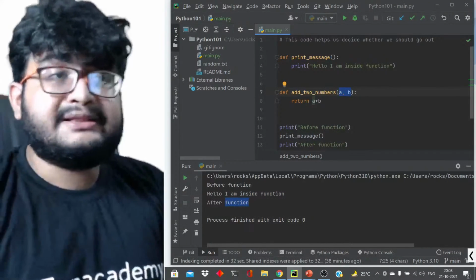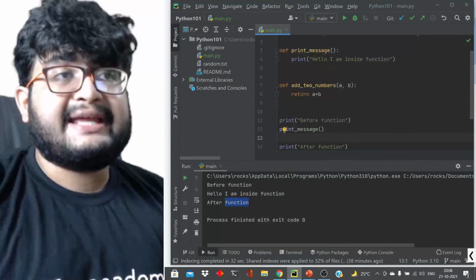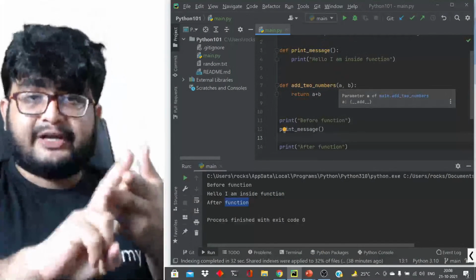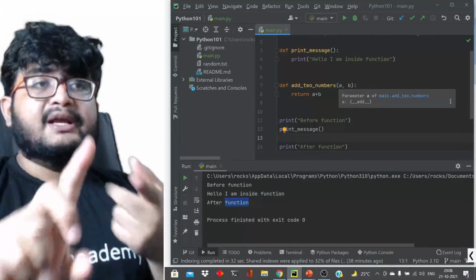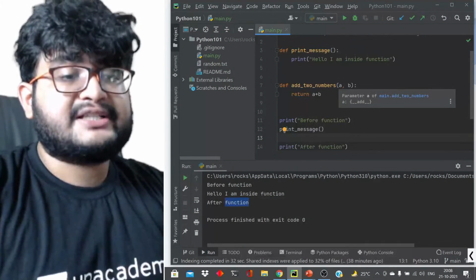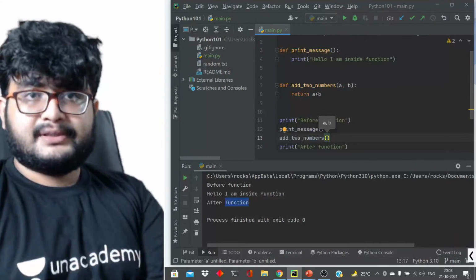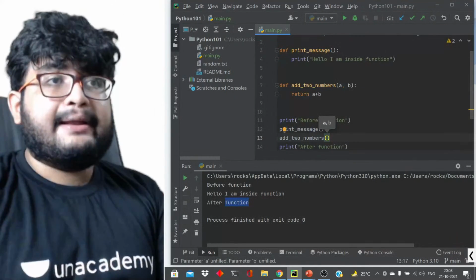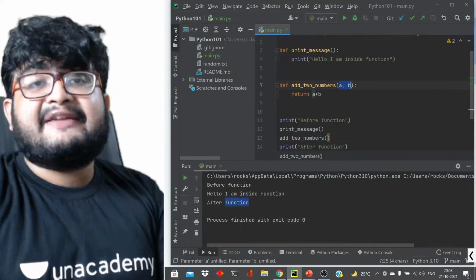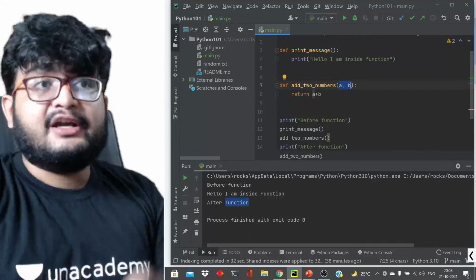Now how to call functions like this? This function expects two inputs. We have already told it has two parameters, A, B, so it is expecting two inputs. Whenever we call such functions, like add two numbers, we have to pass in arguments. Parameters are what is there in the function definition.